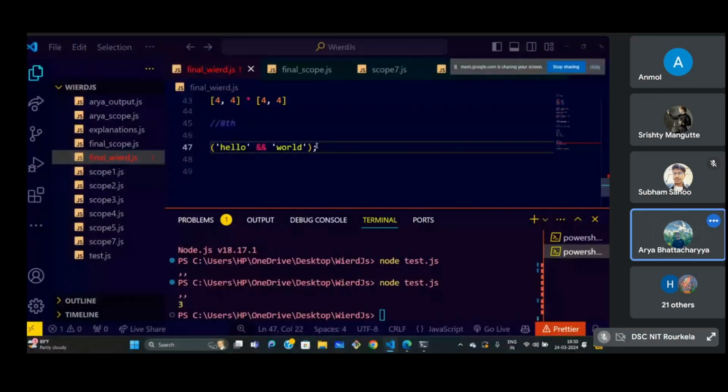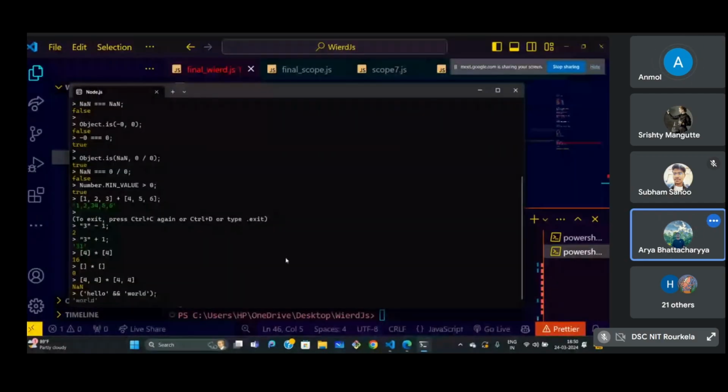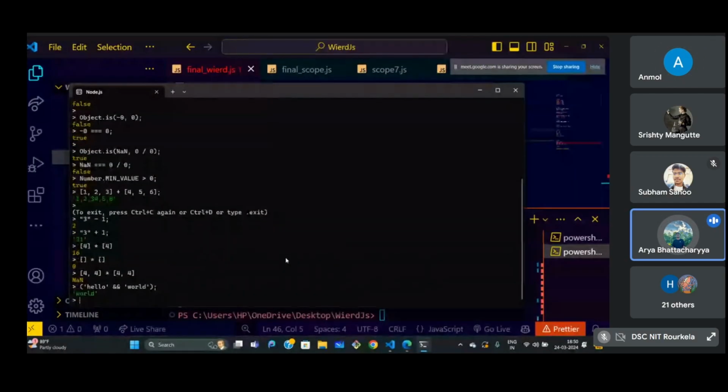Okay. So let's try this out. This would return world, correct? But how world? That is the logic. So the logic that we are applying is, when we are doing hello and world, we check whether the first argument is null or not. If the first argument has been defined, because when there is an argument passed, we consider that it is true because it exists. So when it is true, this would always return the second argument. And if there is no argument passed, so there is no argument, this is false.